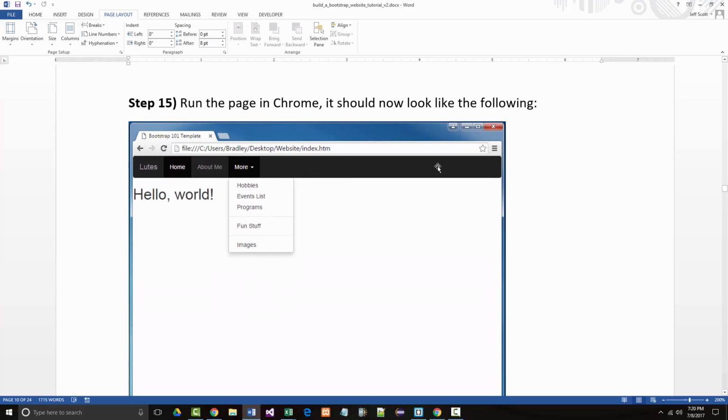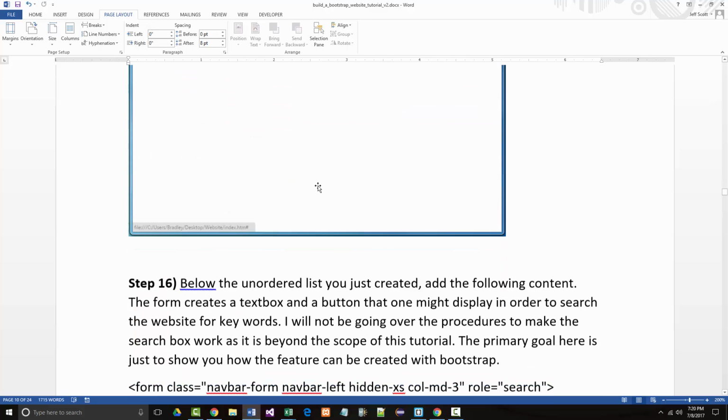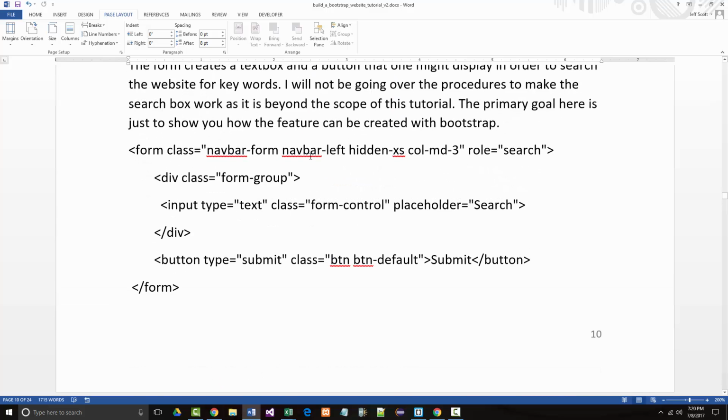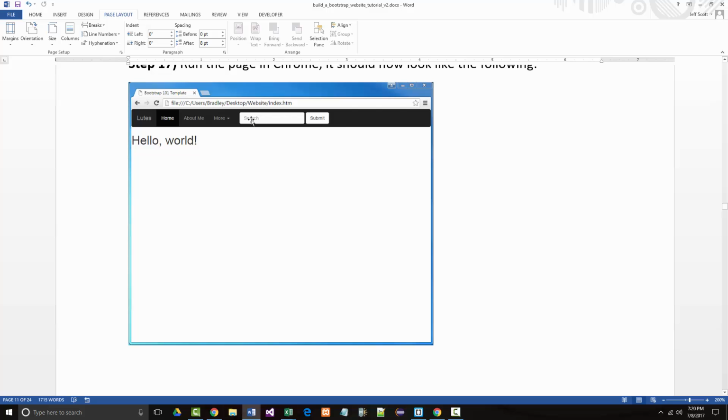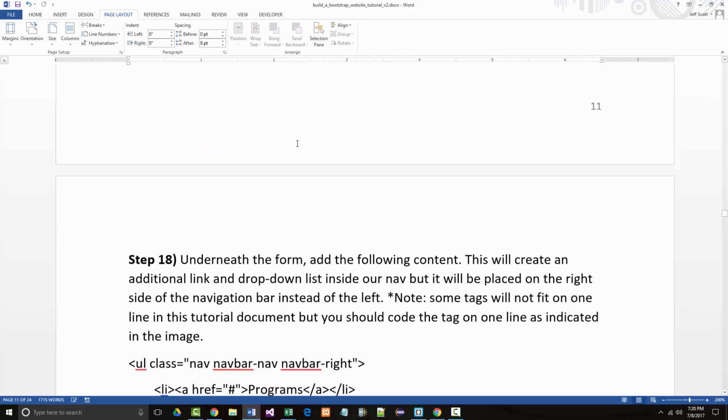We're still working on the top here, but we're going to add a text box and a button rather. We do that in a form. We're going to add the code that you see right here in just a minute, and after we do, we're going to have a search box, for lack of better words, and a submit button. Afterwards,